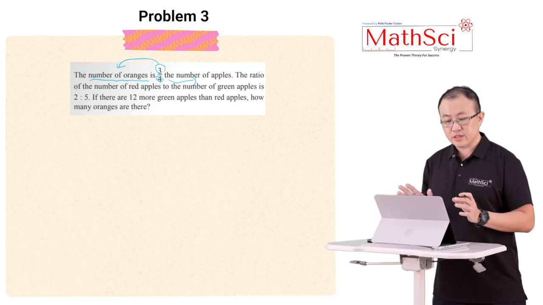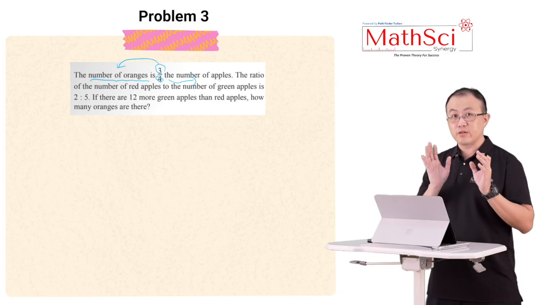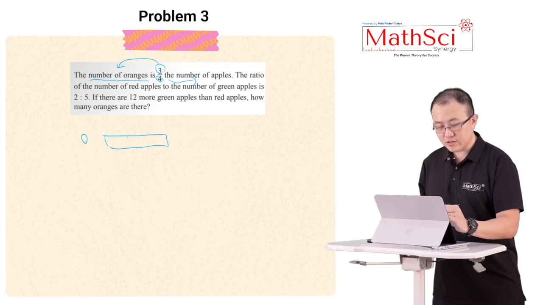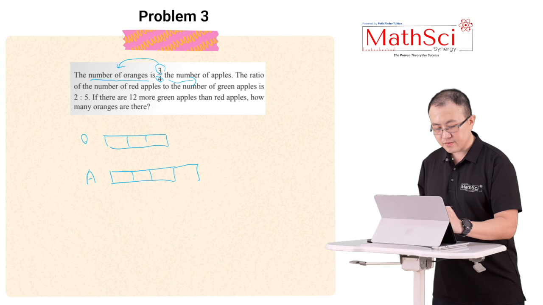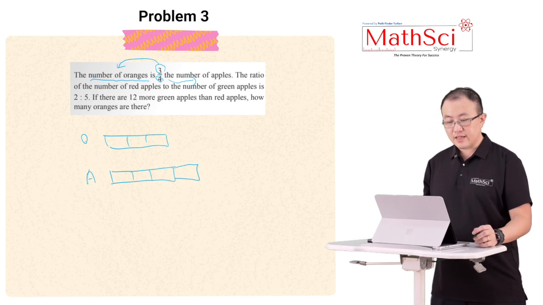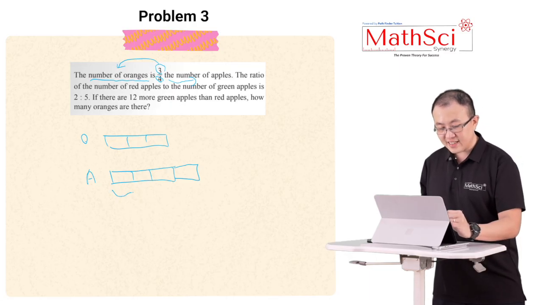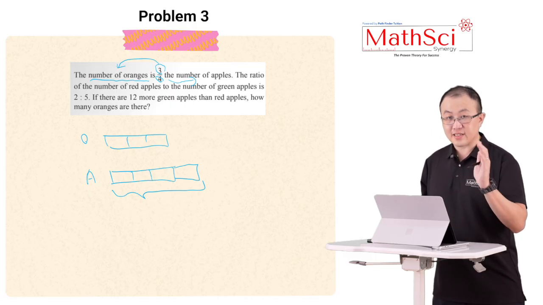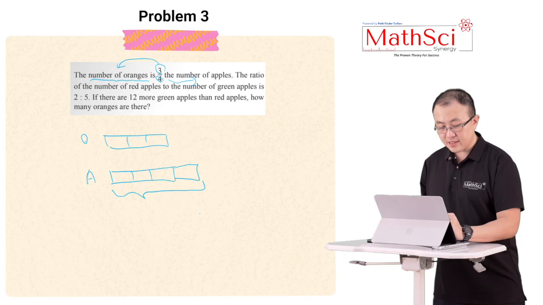Okay, so how do we do this problem? First thing first, maybe we can draw the model for orange and apple first. So orange is here, 3 units. Apple is here, 4 units. So like that. Then the ratio of the number of red apples to green apples. Not so sure whether you realize, because when I compare green and red, I'm actually getting a 2:5 ratio. So separately, if I were to draw at the bottom, I will draw a total of 7 units. So 1, 2, 3,